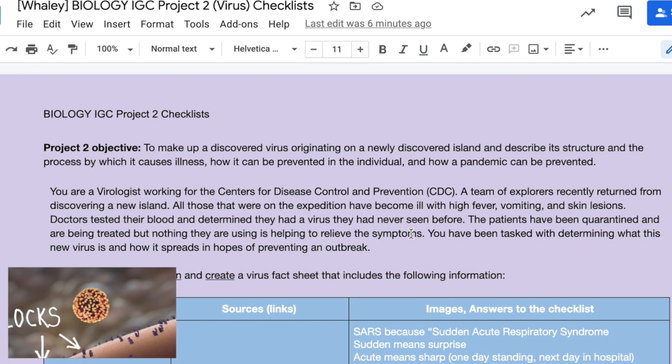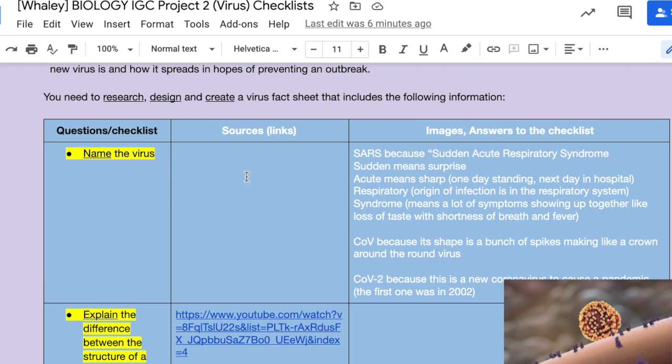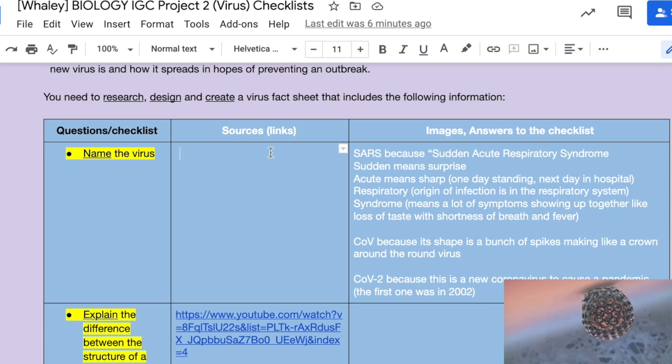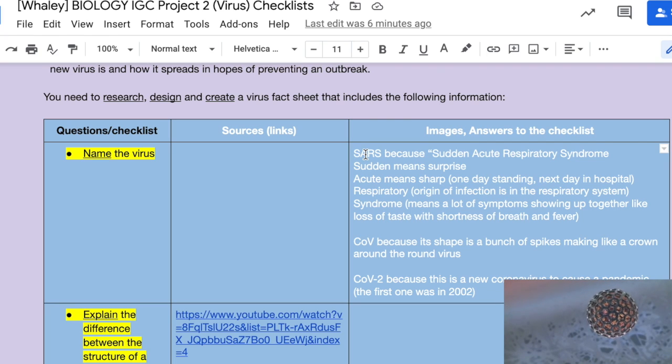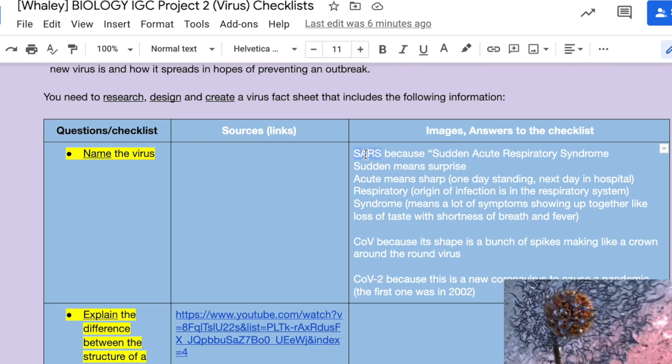You have one of these. This is mine, and I'm going to show you an example here. So, name the virus. You notice I don't have any sources linked here. I haven't taken the time to do that because I'm confident you can, and with your teacher you can work on that. But I've written down, imagine, the SARS-CoV-2 that caused the COVID-19 epidemic or pandemic